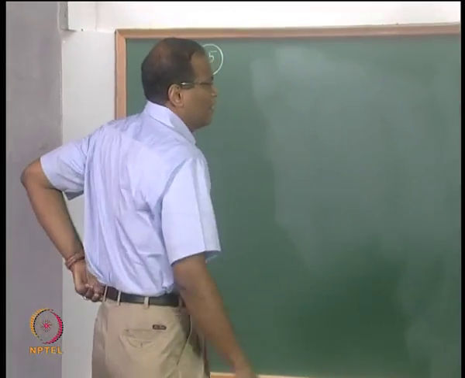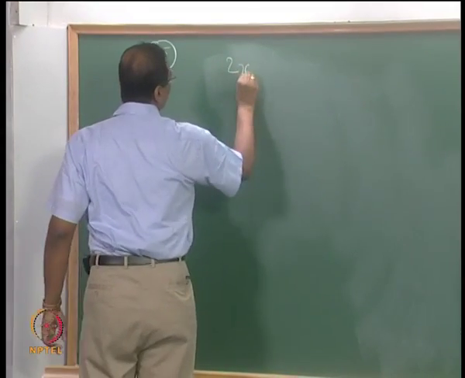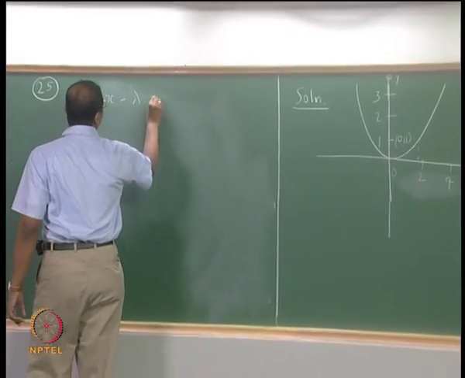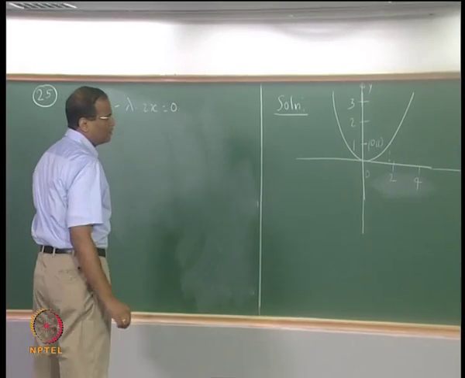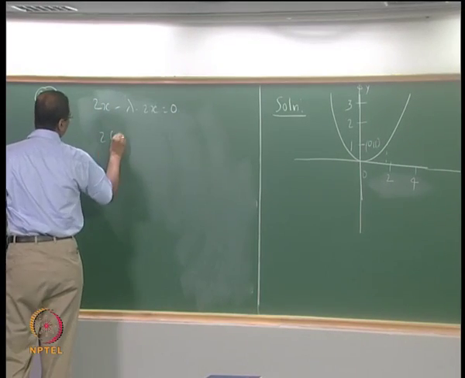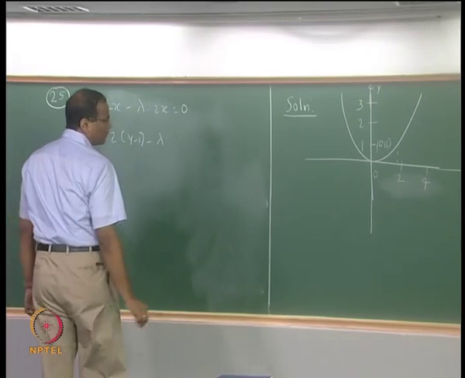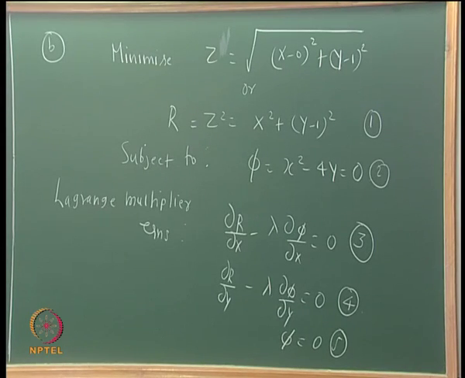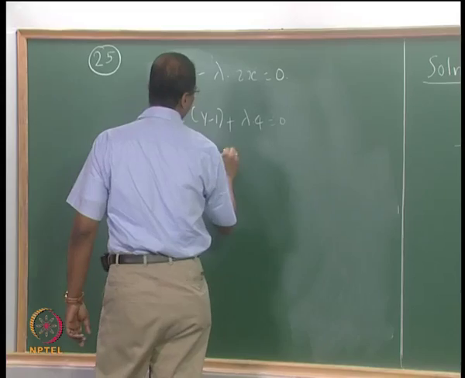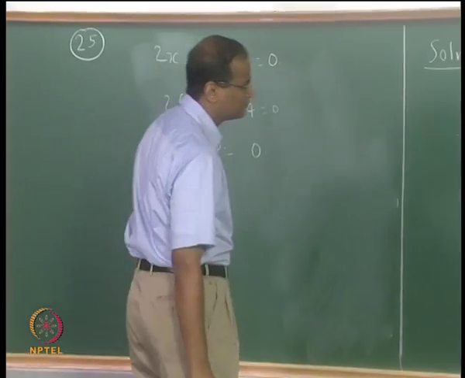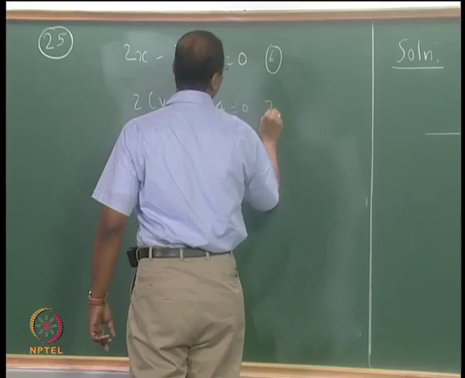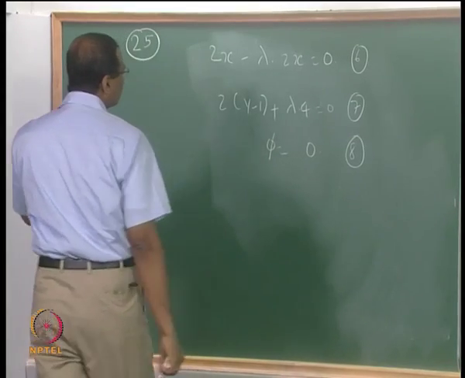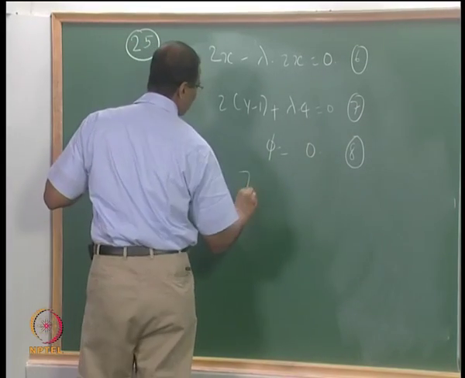Okay, let us do the first one. Dou r by dou x is 2x. This is also 2x. Four minus 4. Dou phi by dou y. So from 6